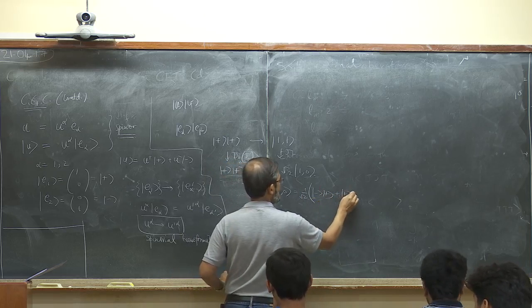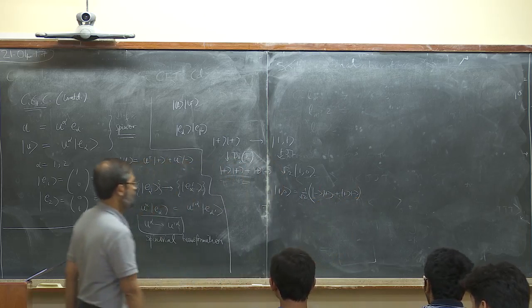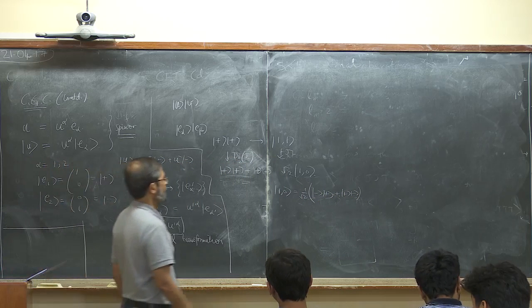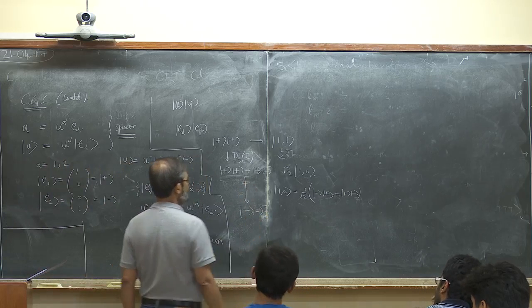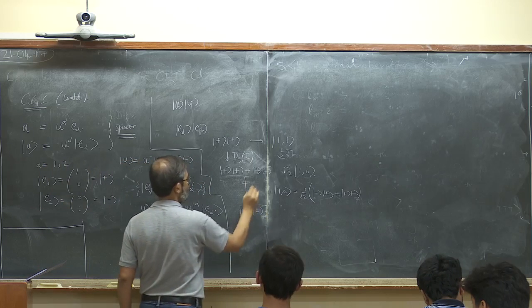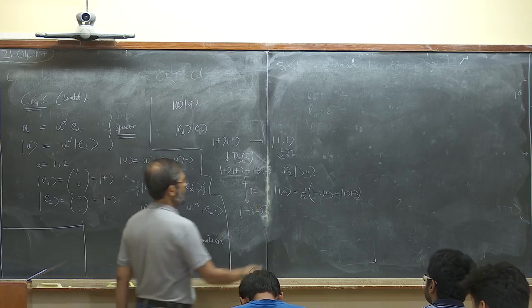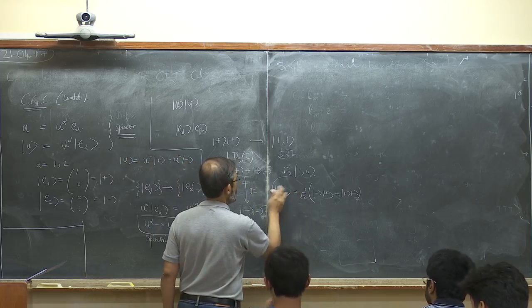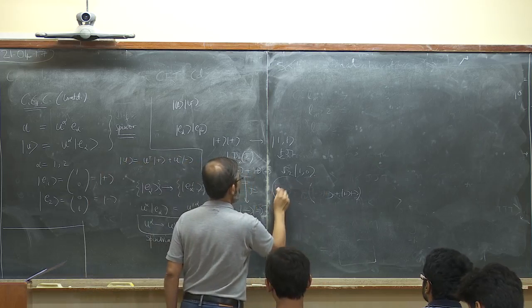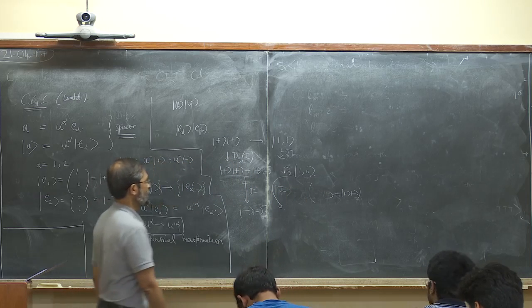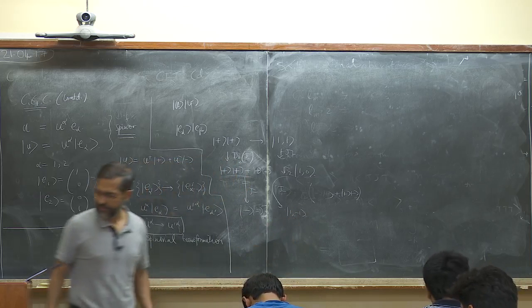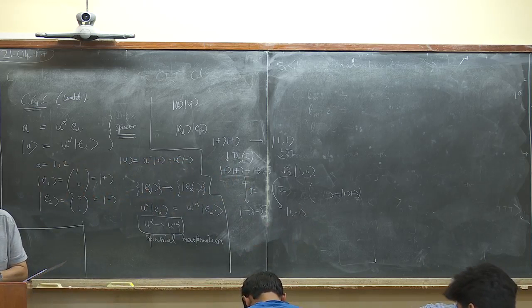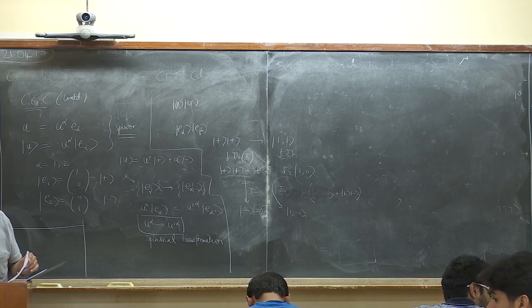plus, plus, minus, like this, okay? And you can carry on, of course, and you will get minus 1, minus, minus after applying one more J minus. And when you apply J minus on this, what you get is 1 minus 1. In these things, you have to be careful about the